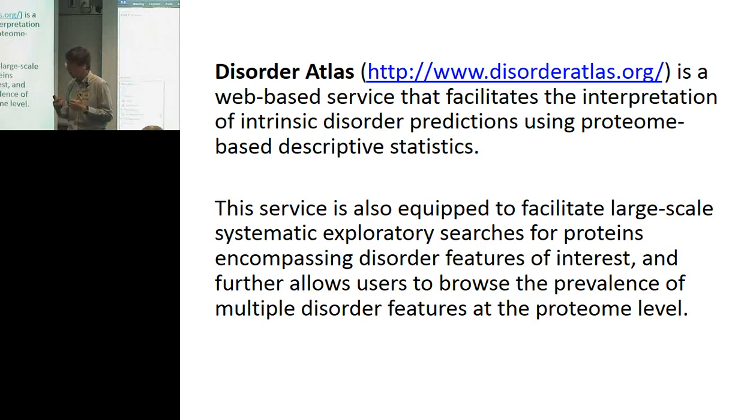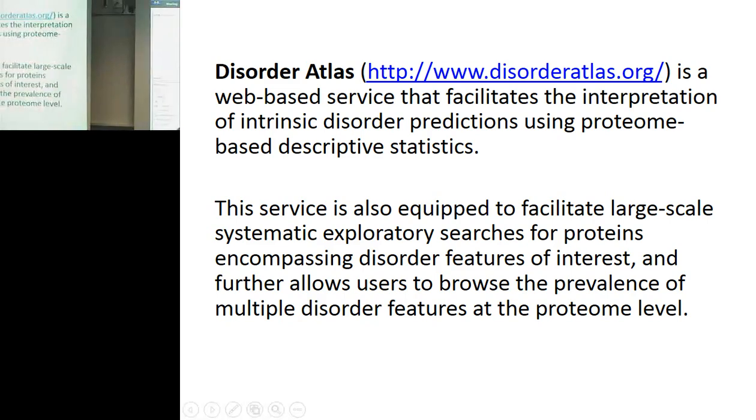But the other thing that it does is that if you have a protein of interest, it could be one that is already on any of the databases, you can call the IU prot number and essentially would run the analysis for you and compare it with the proteome, or you can upload your own sequence and then do the analysis. And I can show you very quickly how it works. I think it was pretty well designed by Mike, and I'm very proud of the work he did.